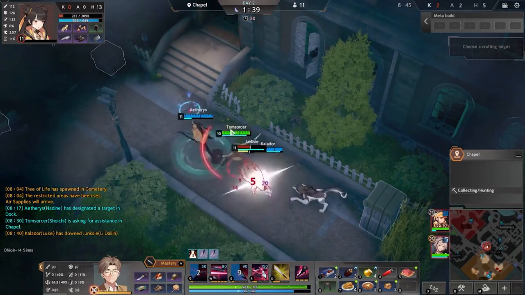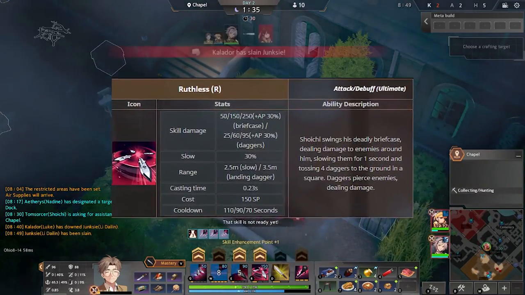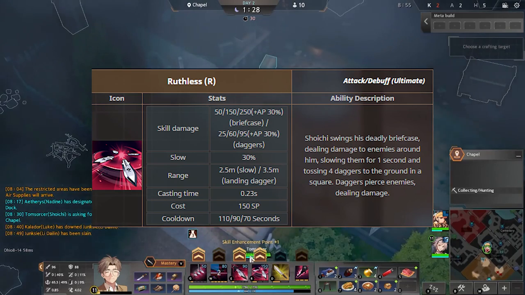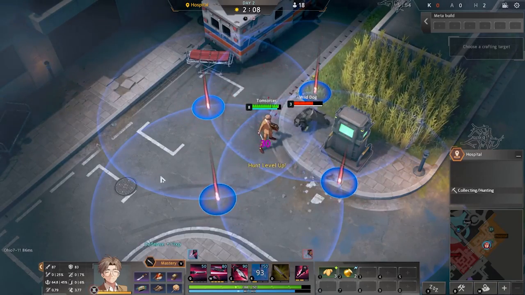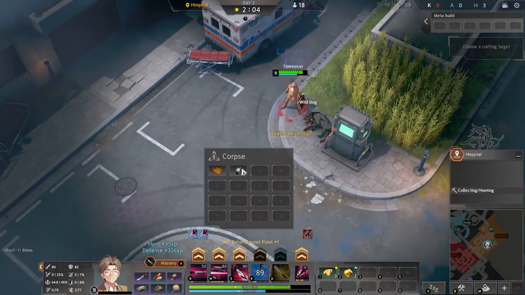And of course we have Shoichi's ultimate, Ruthless. This is his strongest ability in the kit, the iconic one. It has two parts to it as well. The first part is actually a small swing of his briefcase around him that deals a good amount of damage, and that people tend to forget about. There are a lot of things that people forget about this guy's kit when I have to talk about it every day